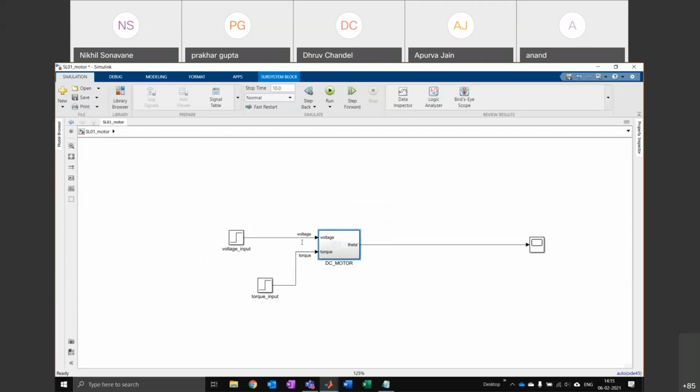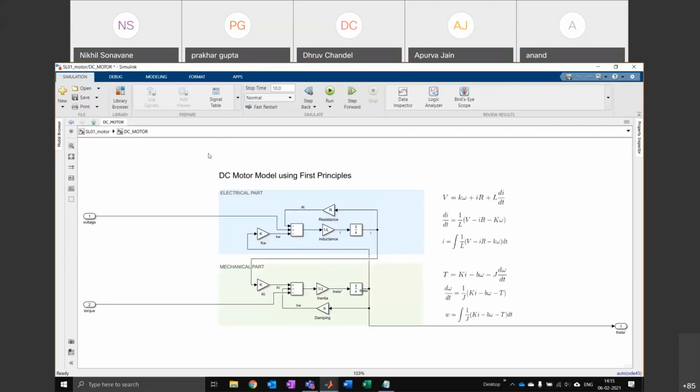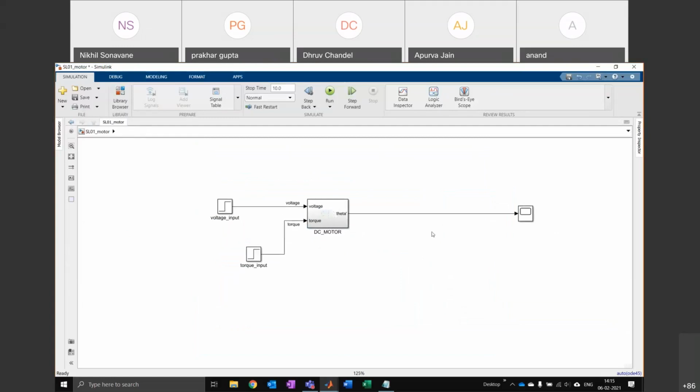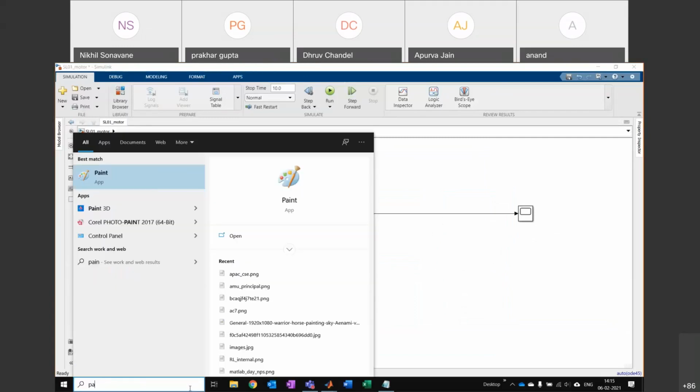Yeah, so this is not a function, this is a subsystem. Okay. A subsystem, you double click on it, it will still contain everything inside it. But yeah, it's sort of like a function. Okay, great. So now let's figure out a little bit of control theory before we get into this.